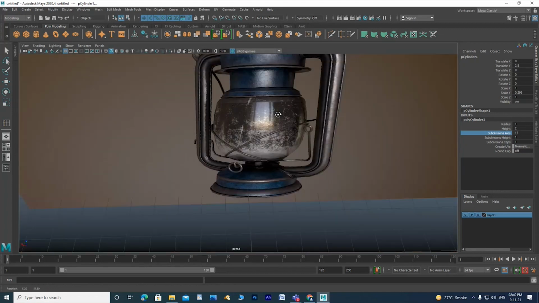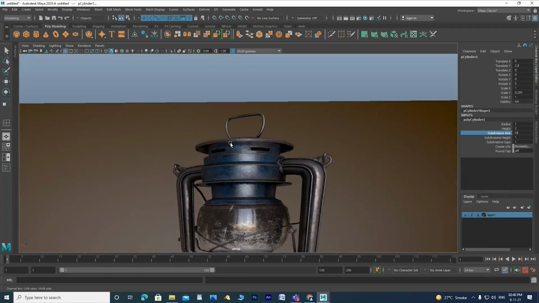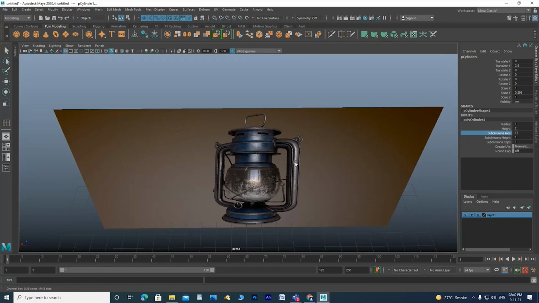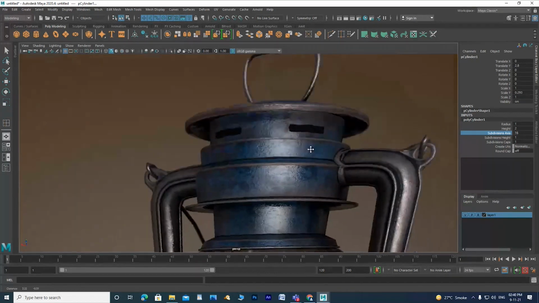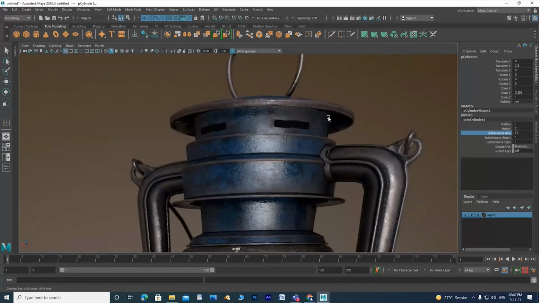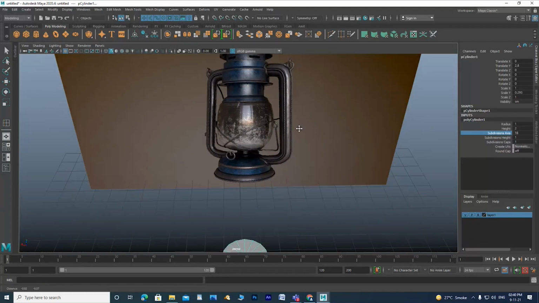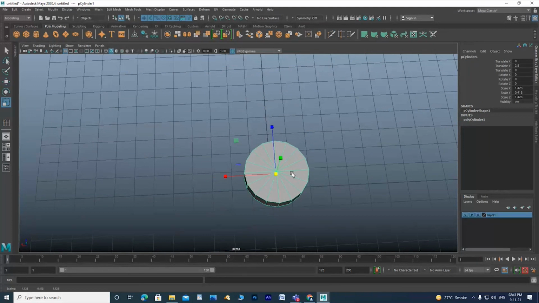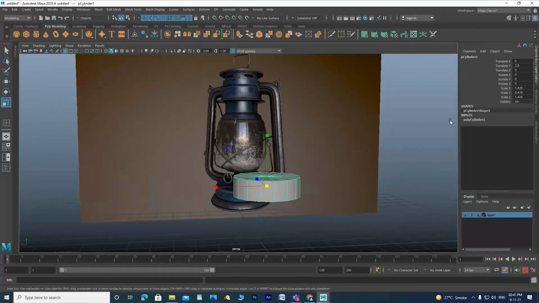I'm focusing on the topmost part, this circular one. Just look at this image and try to visualize what kind of formation it is. I hope you know the operation of the basic tools. Just add some loops.